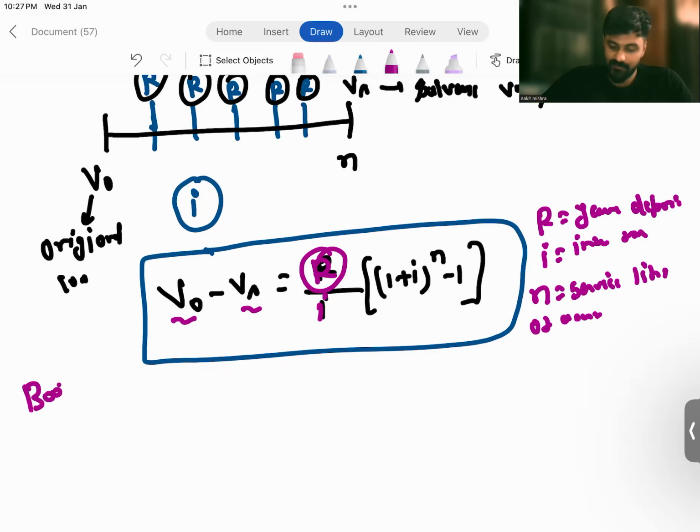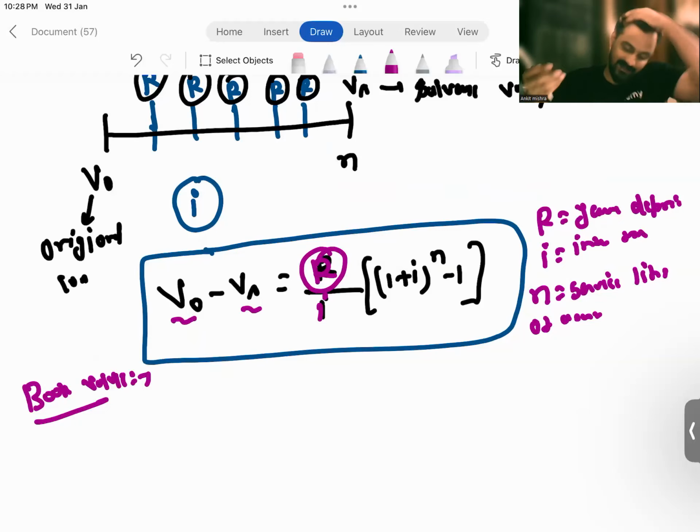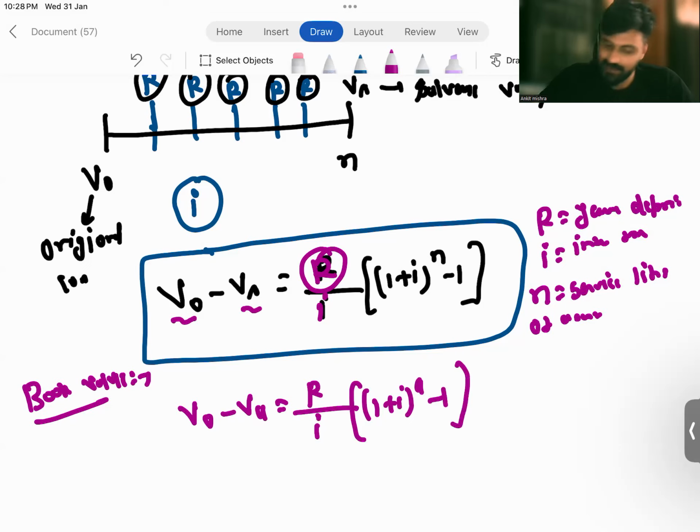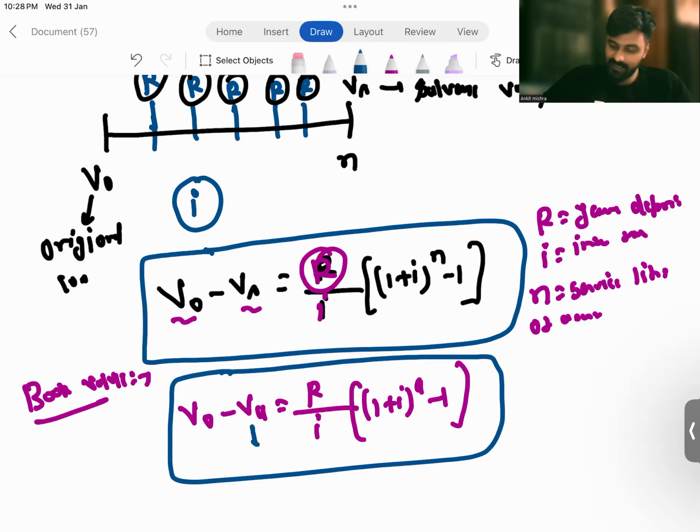But now you want to calculate the book value. So how can you calculate the book value? What is the difference between scrap value or salvage value and book value? Salvage value or scrap value you will be getting at the end of the service life, that is in N year. But the book value is the value of assets at a particular year, let's say second year, third year, fourth year, fifth year, any year. So I can write that V naught minus VA equals R upon I, times (1 plus I) to the power A minus 1. Simple. The formula is similar, where VA is your